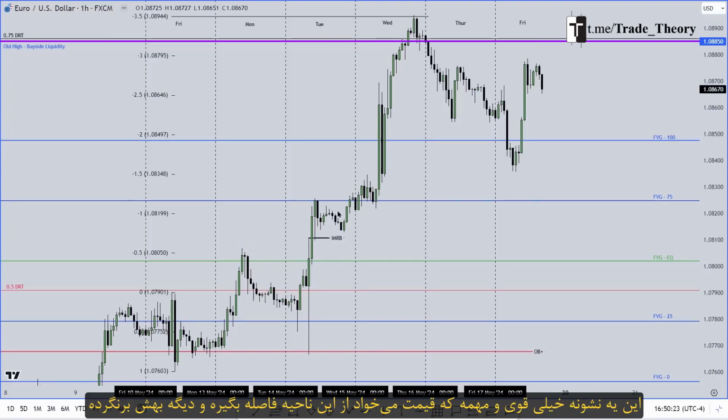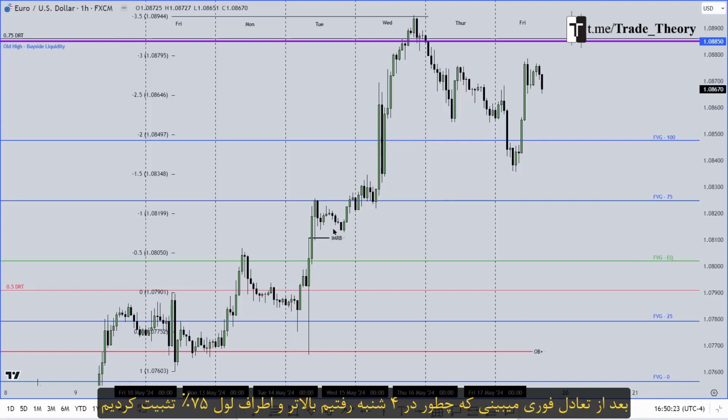This is a very, very powerful signature, and price will want to really move away from this area and not come back to it. If price comes back below an immediate rebalance, that's an algorithmic signature and an indication that we may be offside, right? As you can see, we never came back to this immediate rebalance. So placing your stop below an immediate rebalance low is a safe stop. And it's actually one of my favorite entry models.